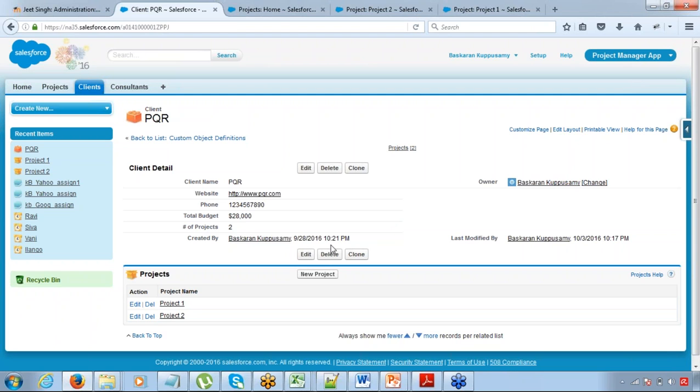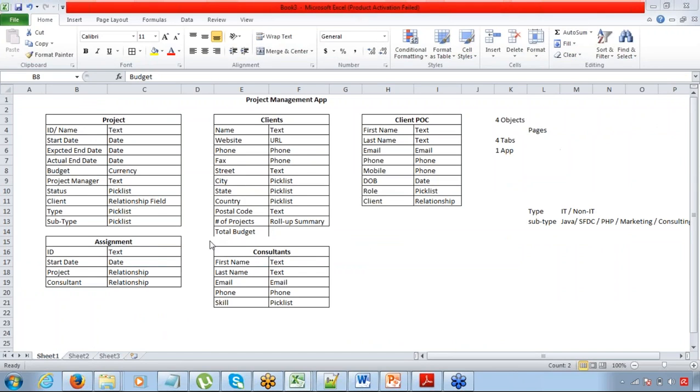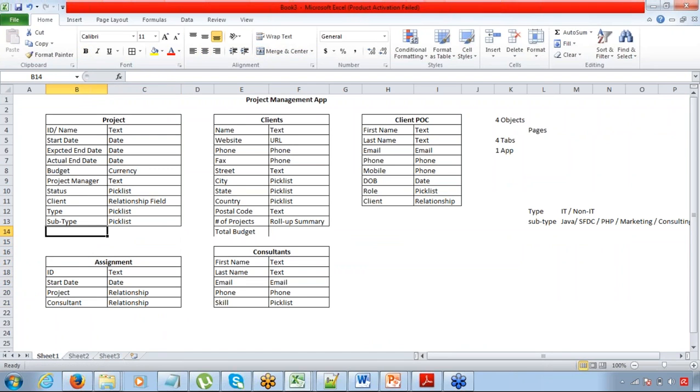Okay, so you can think of a few more roll-up summary fields here in this project management app. We can think of a couple more. Let's say you want to sum up the number of assignments under a project, you can do that. We can do number of assignments here,